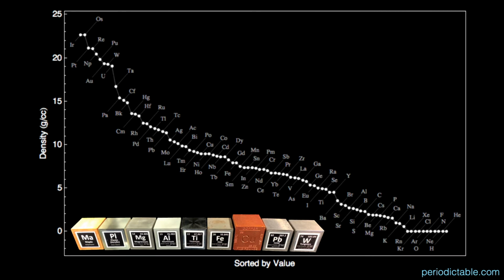Our set of blocks have a wide range of densities, with the heaviest at tungsten, to lead, to copper, to iron, to titanium, to aluminum, to magnesium. We also have a plastic and wood block, but those are not technically elements. Again, cadmium's density is 8.65 grams per cubic centimeter, just above iron, and below copper, making it the 36th densest